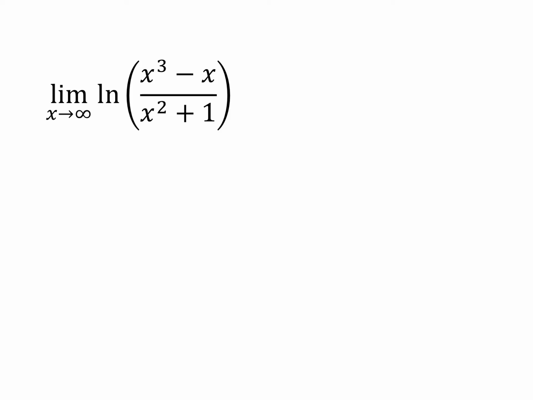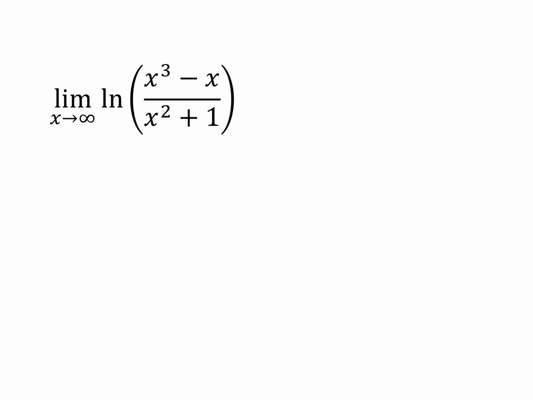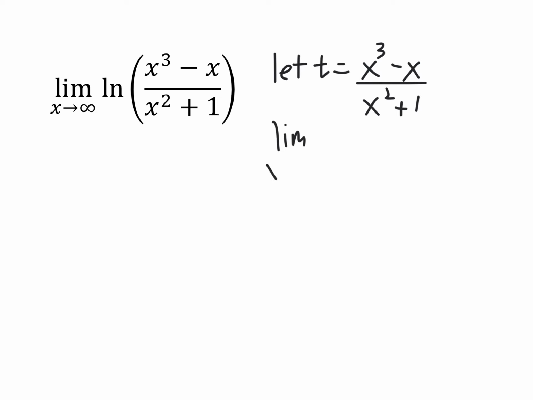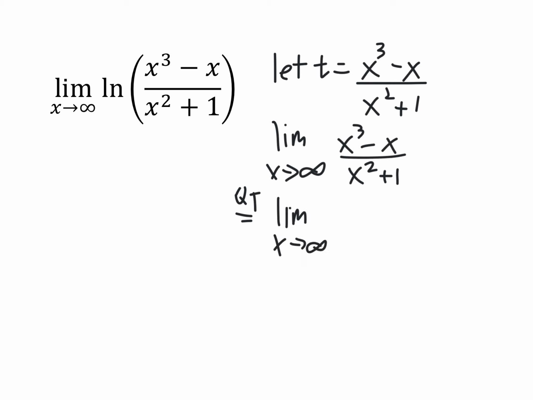Let's take a look at something like this. We have x cubed minus x over x squared plus 1. Again, we're going to go ahead and let t equal x cubed minus x over x squared plus 1. So we look at the limit as x approaches infinity of this quantity, x cubed minus x over x squared plus 1, which is going to be equal to, with the quotient theorem, the limit as x approaches infinity of